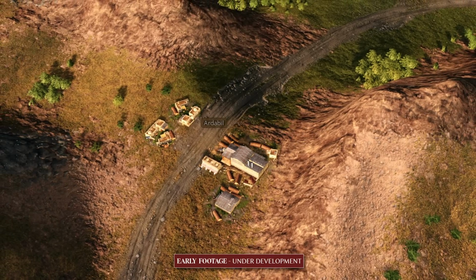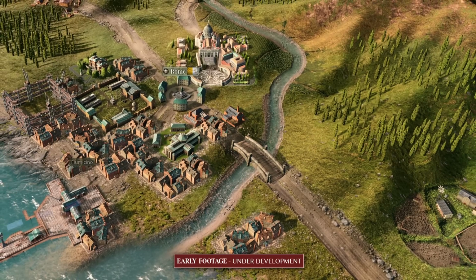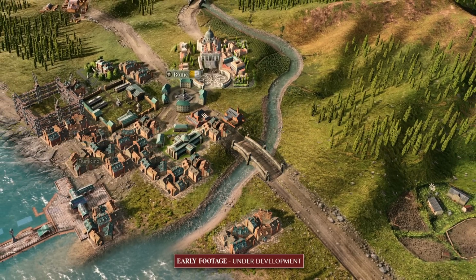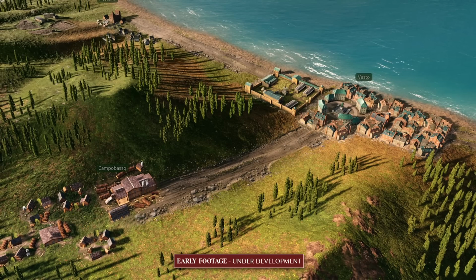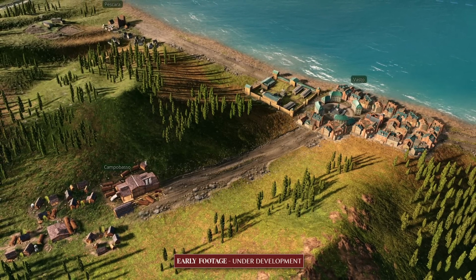All of these are different types of hubs that interact with the terrain and the environment in different ways. As you expand them, for instance, a logging camp will start chopping down trees, a mining hub will start excavating and making its presence known on the surrounding terrain, and of course, farms will have fields and various things to cultivate. And all of this progresses as you expand them.